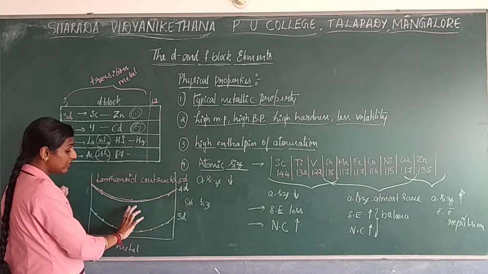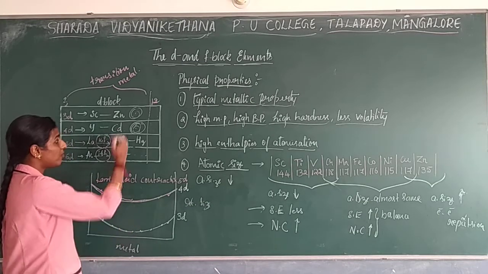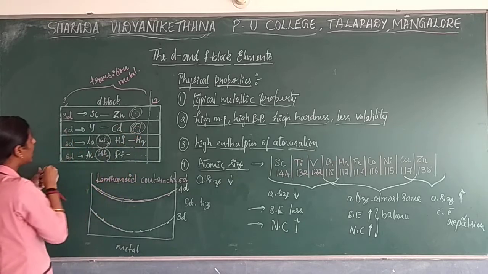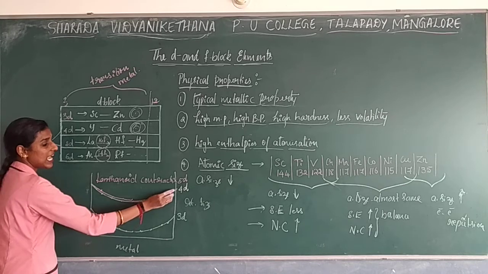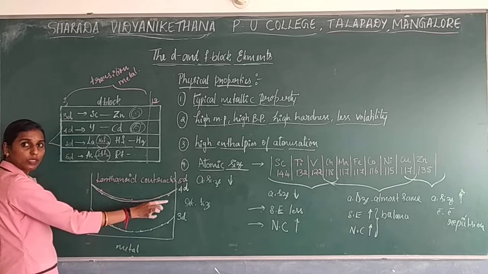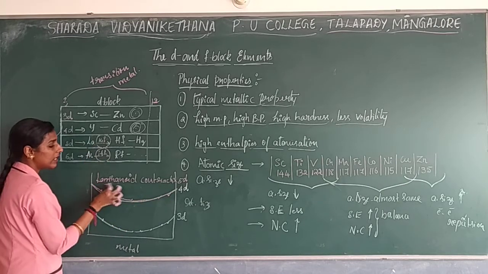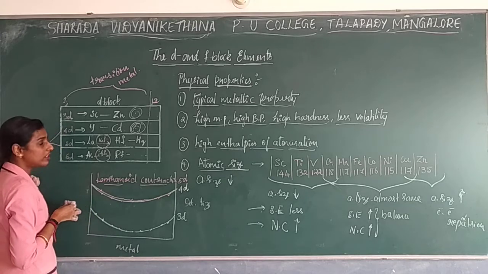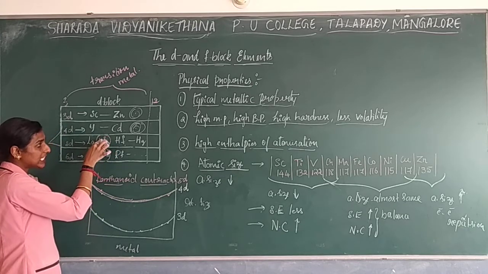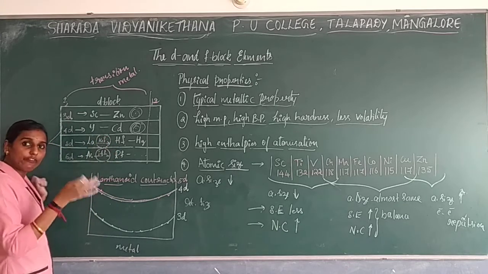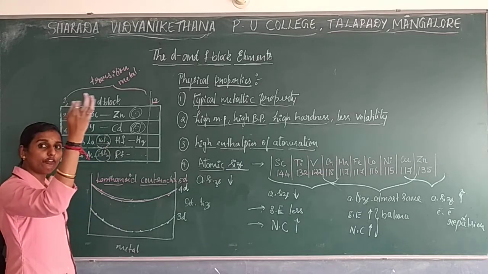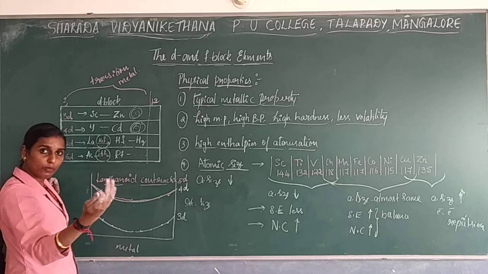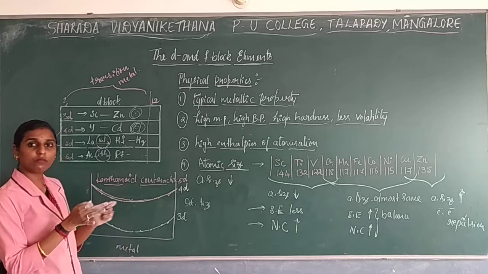Okay. Size difference is more as we move down the group, because shells will increase. But when you compare 4d as well as 5d, the graph shows almost the same atomic size, due to the presence of lanthanoid contraction. The filling of electrons takes place in the f orbital. The inner shell is filled first, the outer shell has fewer electrons, so the nucleus has more hold on the electrons, it will pull them towards the nucleus, and the size will become smaller.